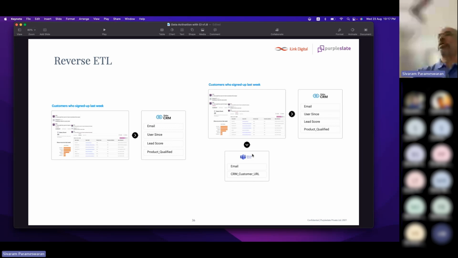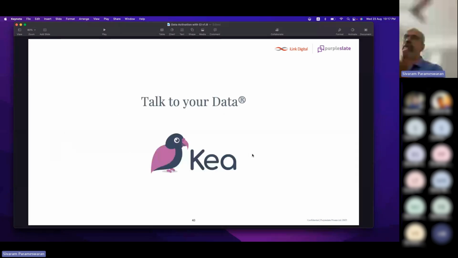So how do we combine these two, right? I think that's the whole idea behind it. We talked about conversational AI, and now we talked about data activation. How do we really combine these two to solve business problems? I showed a few examples there. I think that's pretty much what we have in our platform. It's called Kia. Just in case you're curious, Kia is one of the smartest parrot species available, so that's why we picked this name for this platform.